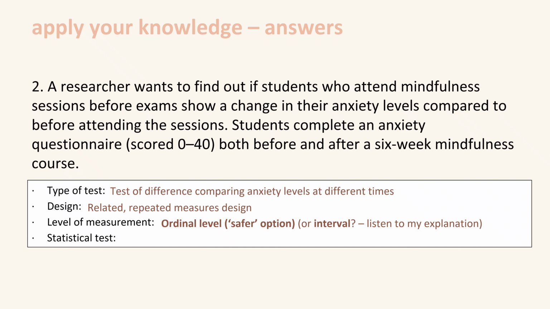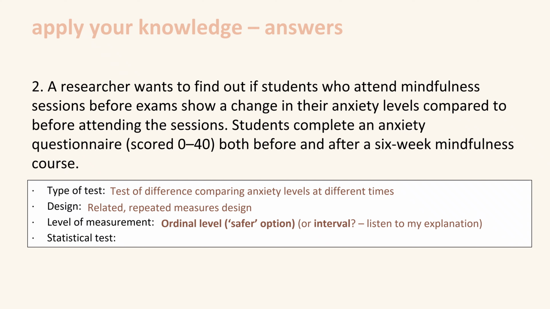Determining the type of data here can be a bit tricky. It may not be immediately obvious. Let's think it through. The number comes from people rating themselves on a scale, maybe 1 to 5, across a bunch of different questions. Those numbers are then added up to give a total score out of 40. So technically, that's built from ordinal responses. We know that a 4 means more than a 3,